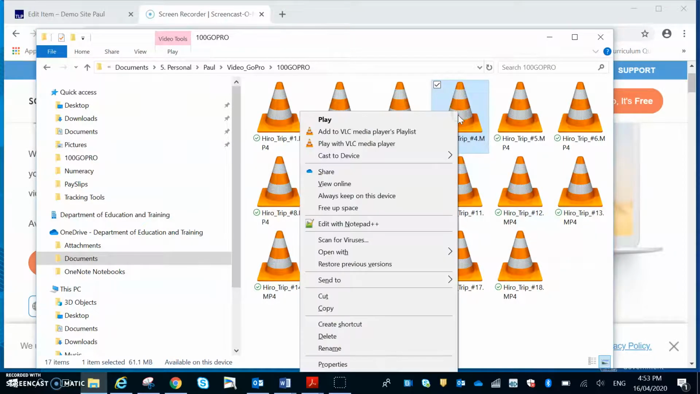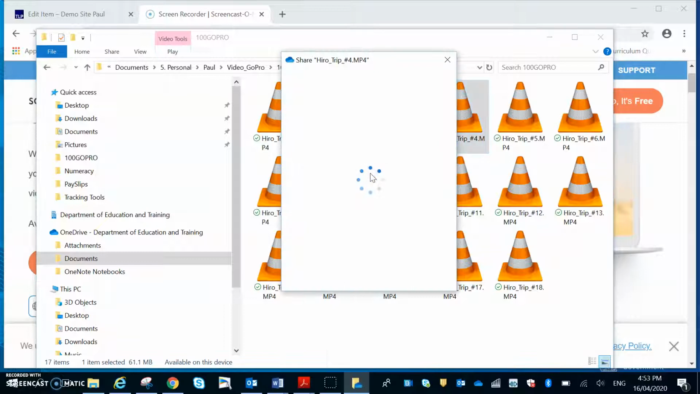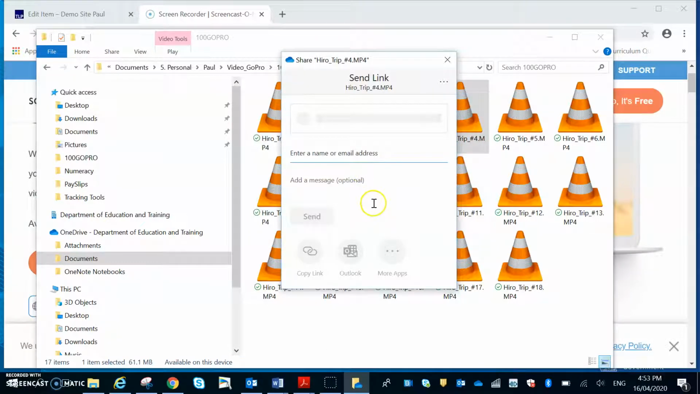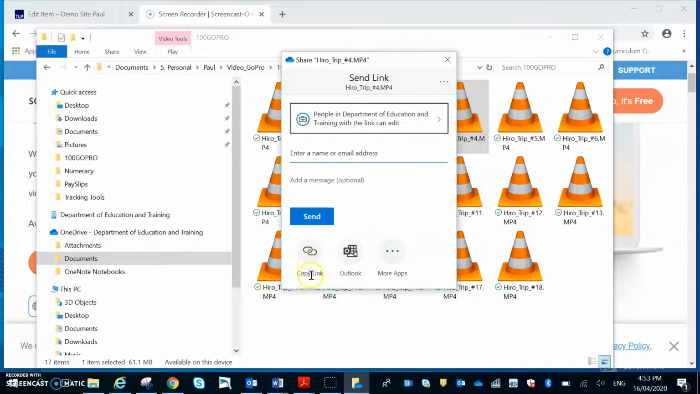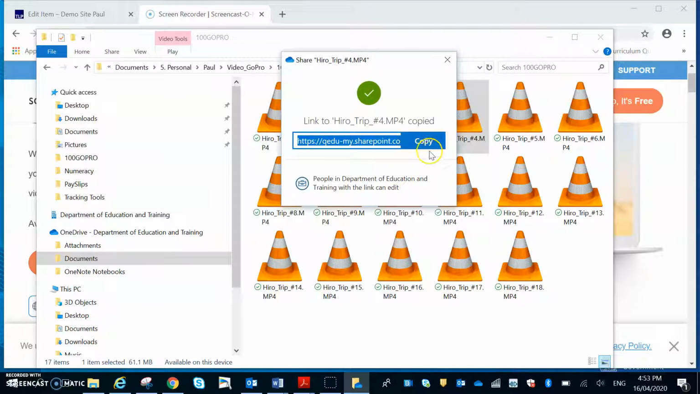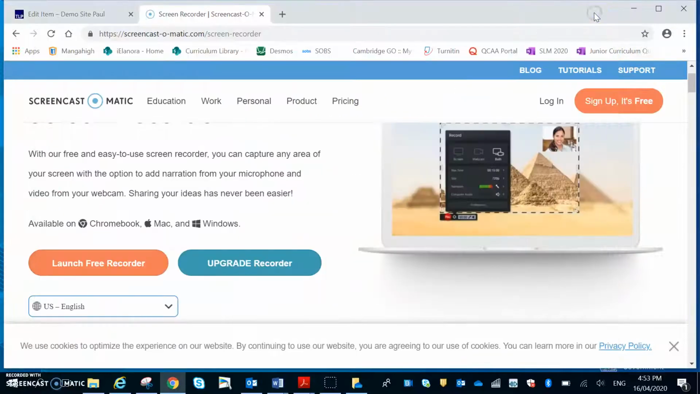So I right click, come down to share. What I'm looking for is this copy link here. So I want to copy the link, copy it. Then you can go to